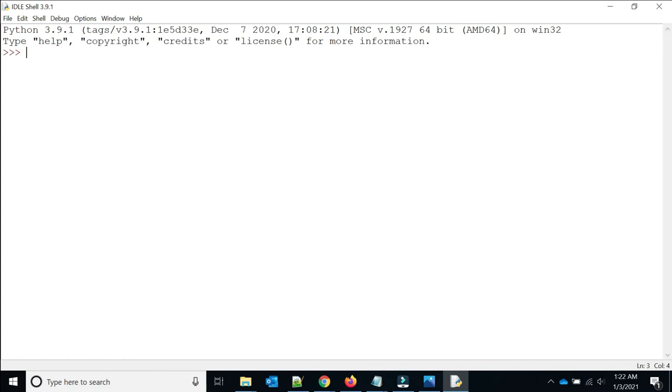Let me tell you about IDLE. You can see here it is written IDLE shell. IDLE stands for Integrated Development Learning Environment. It is a simple REPL. REPL means read, evaluate and print the result to the console, and repeat the same process again.